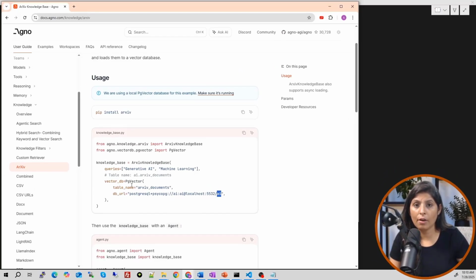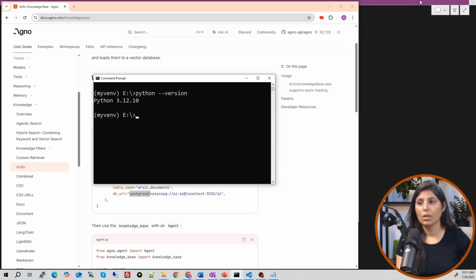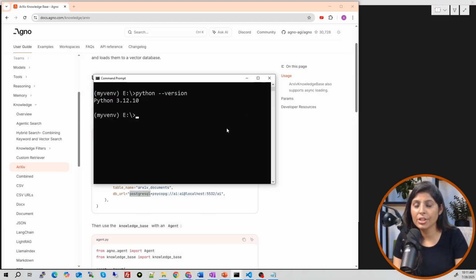Okay, so let's see how to download and install this PostgreSQL database. So guys, first thing is, let's check if this database is already installed or not. For that you can run this command: psql --version and enter. If the database is installed, you will see the version like this, and if you are seeing that psql is not recognized, that means your PostgreSQL database is not installed. Then you have to download and install it.